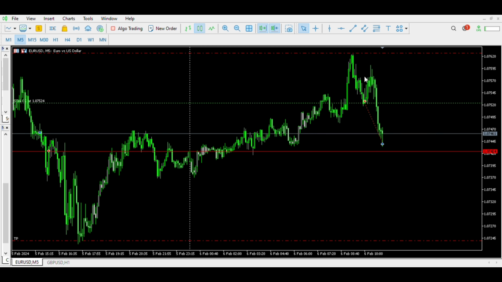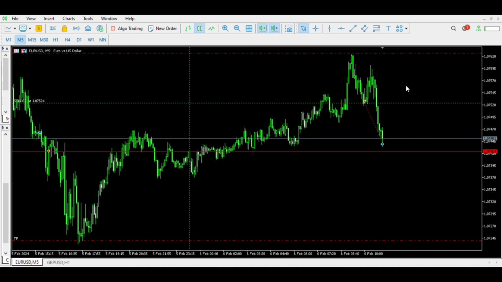This piece I've got left here, if it does come back and takes me out, it's about $20. I'm not fussed about $20. I'll lose $20 if it comes back and takes me out, so I'm not bothered about that. So you could move to break even, so it doesn't take anything off, or you could just wait to see if the runner's going to run. If you've got a runner and you want it to go, you may want to just leave your stop loss as it is. If you move it to break even, it's definitely going to get stopped out.